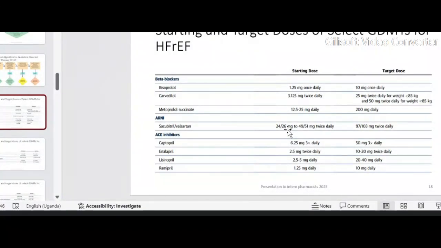Metoprolol succinate. Now, metoprolol has two forms, tartrate and succinate. The one we use is succinate, okay, in heart failure with reduced ejection fraction. And you can see we start with 12.5 to 25, then you go all the way up to 200